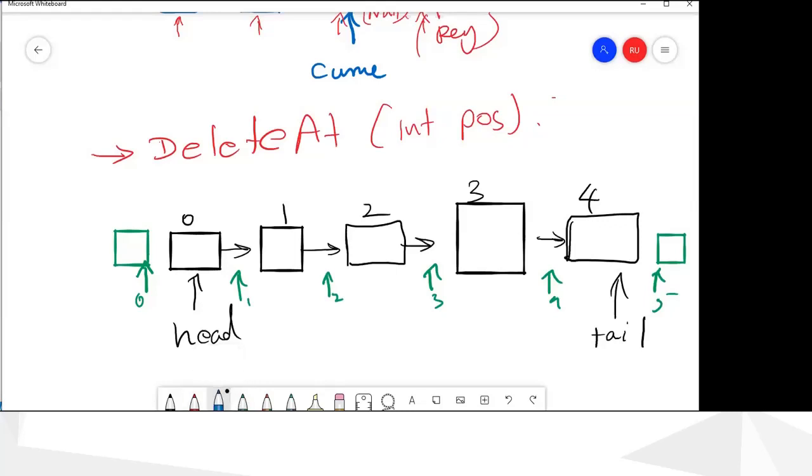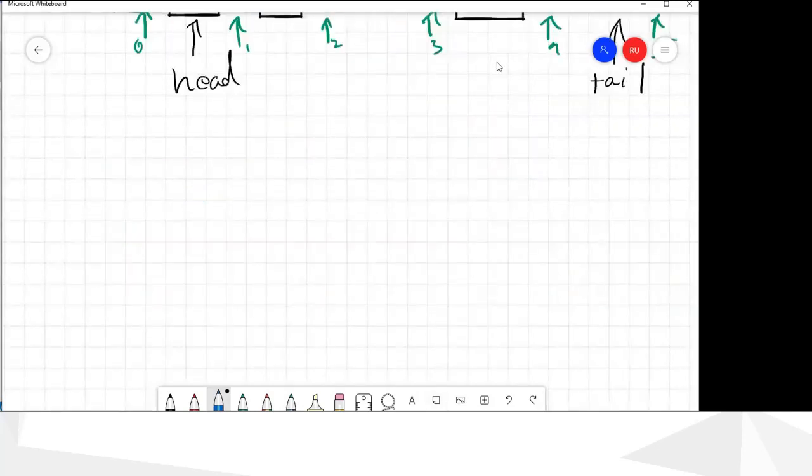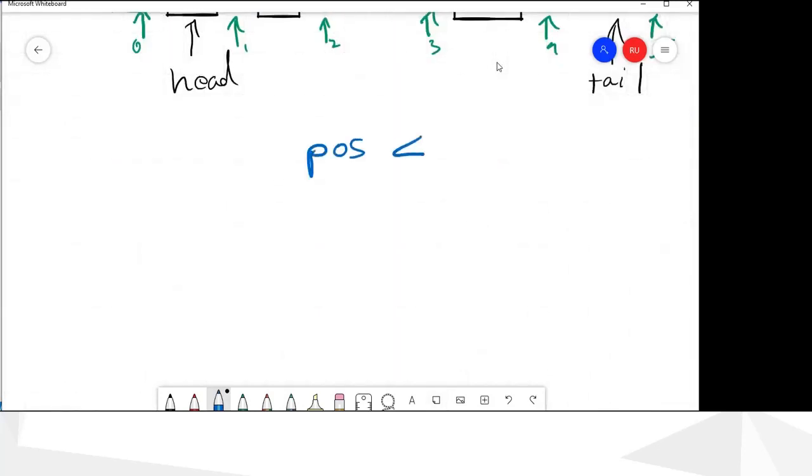So we can delete 0, we can delete 1, 2, 3, and 4. So only these are the valid positions. So here the position should be less than size. So it cannot be equal to size, and it must be greater than or equal to 0. So this is the first thing you have to check, whether the position is valid.